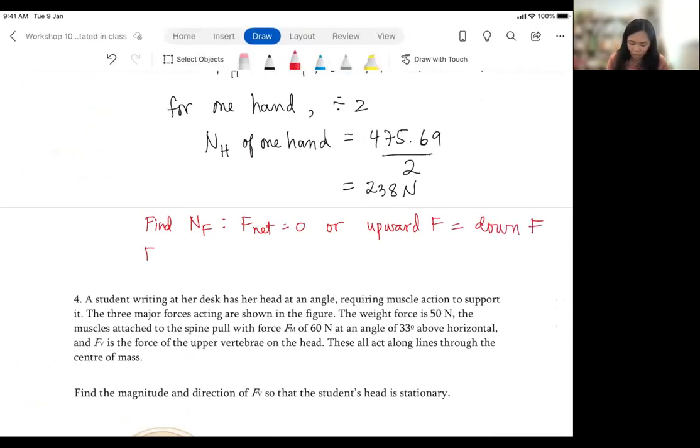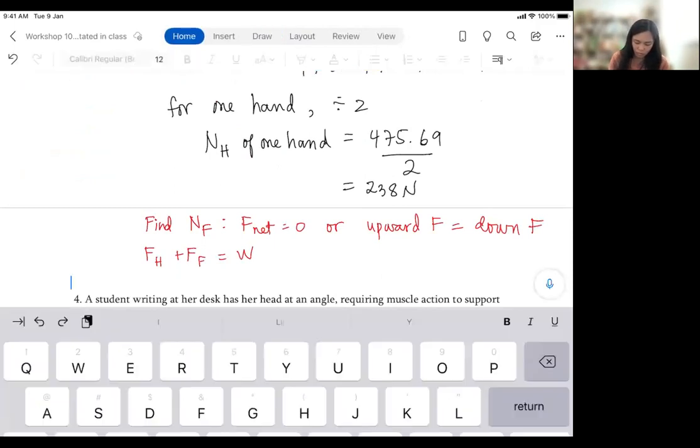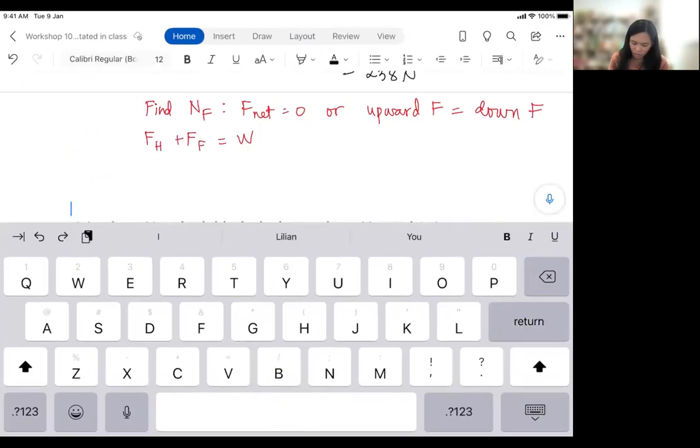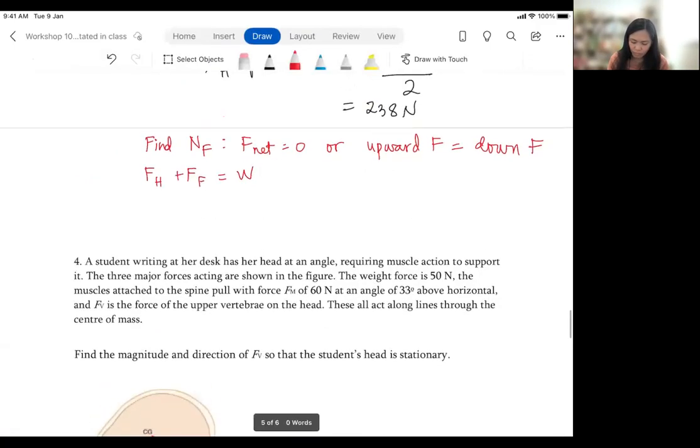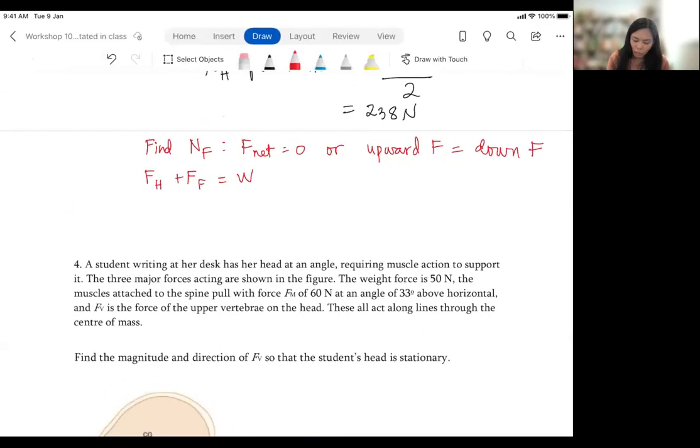We have force of the hands plus force of the feet should be equal to the weight force. Let me just put more space. If we rearrange this equation to isolate NF,